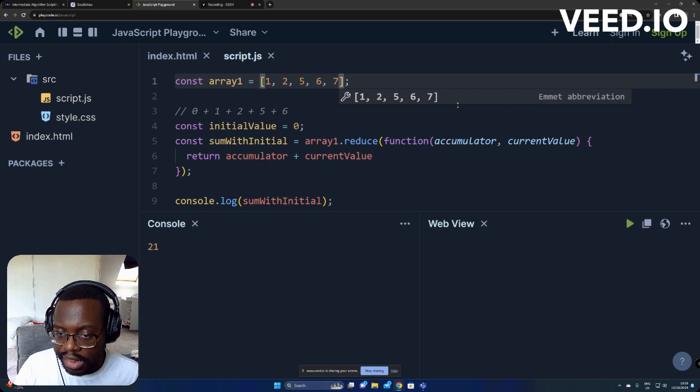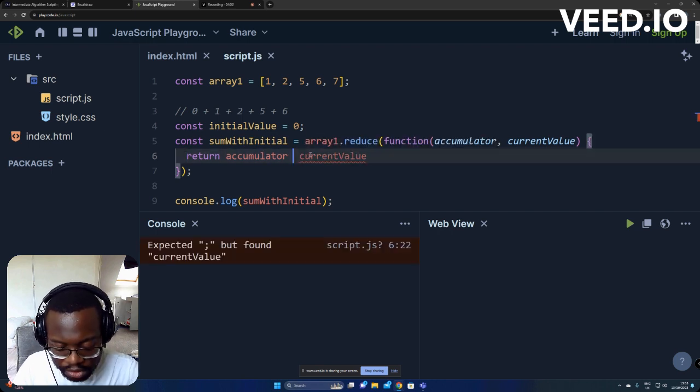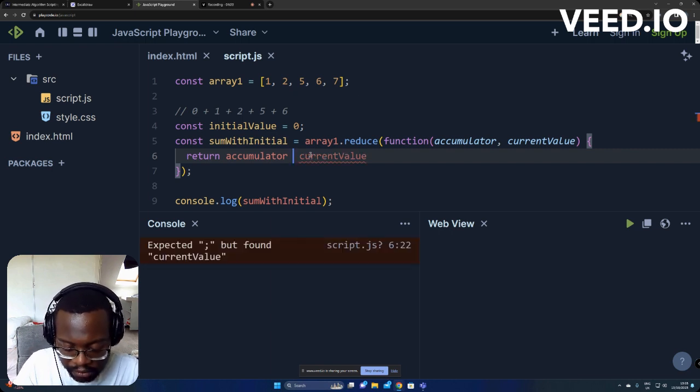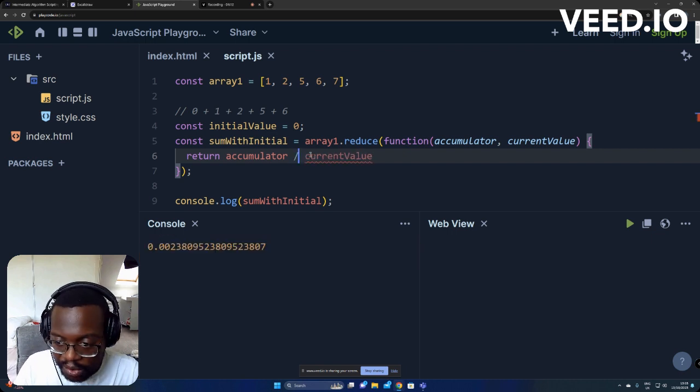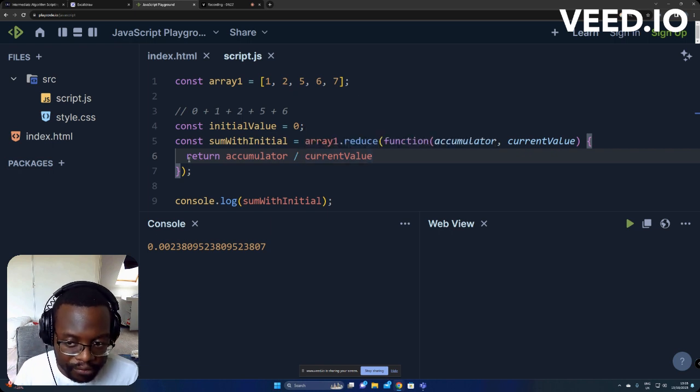Now, can we do the same thing if we want to subtract the value? Yes, all we have to do is just change the return. So we can change the return to subtract, and now we get minus 19. Can we do the same thing if we want to times the value? Yes, we can. And also if we want to divide the value. So it will take all the numbers within that array and do whatever we want with it,